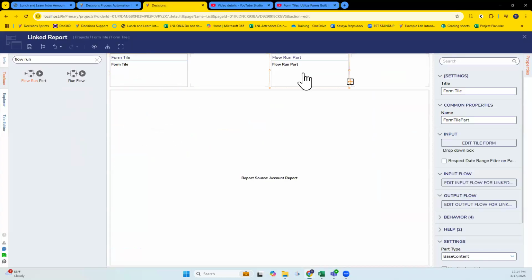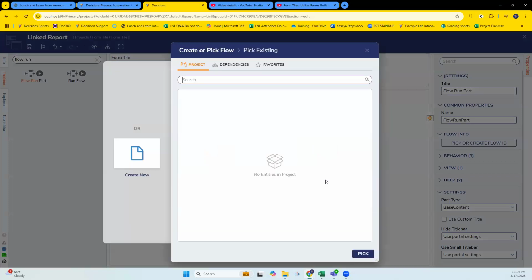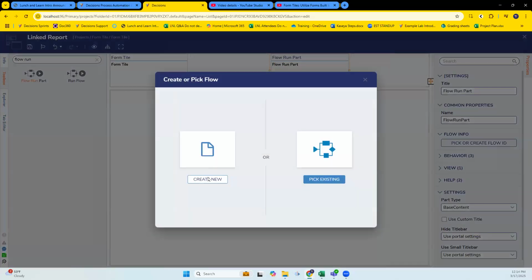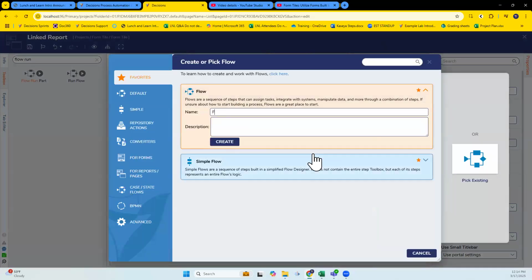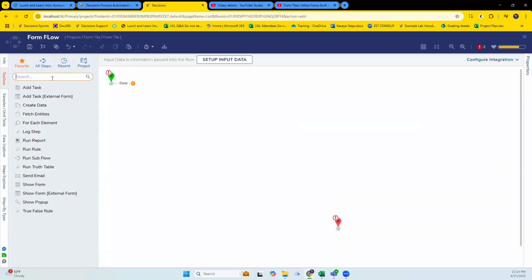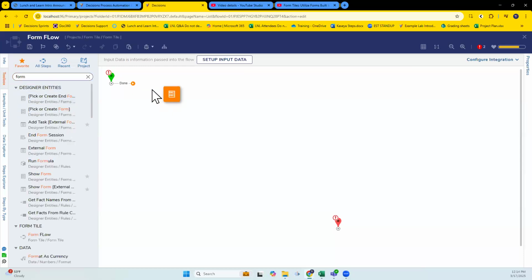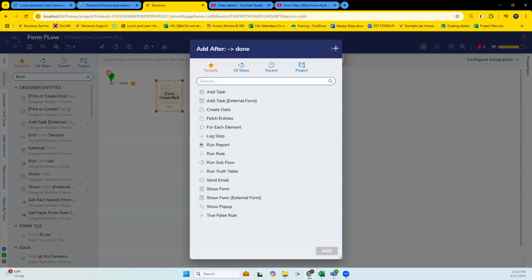So if I use run flow part, I could say, okay, pick or create flow ID. I'll have to make a new flow because I don't have one. Oh, I hit pick existing, didn't I? Create new flow. We'll call this form flow or something, and in here, pick or create form. The inside of this run flow part kind of looks like this.